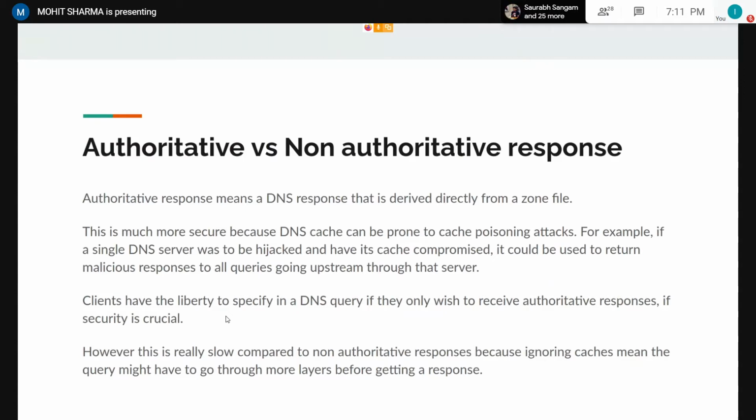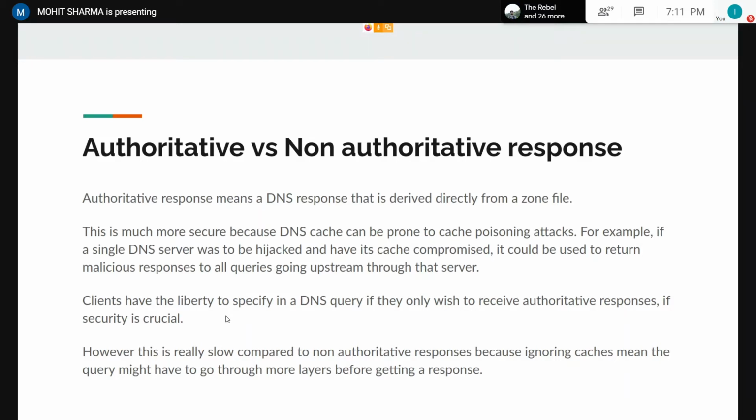If a DNS server responds to the DNS queries using the zone file, it is called an authoritative response. And if the response is given through the server's cache, it is called a non-authoritative response. As you might guess, authoritative responses are more secure because DNS cache is vulnerable to cache poisoning attacks, making cache less reliable.